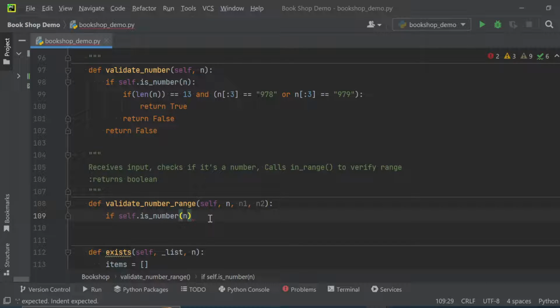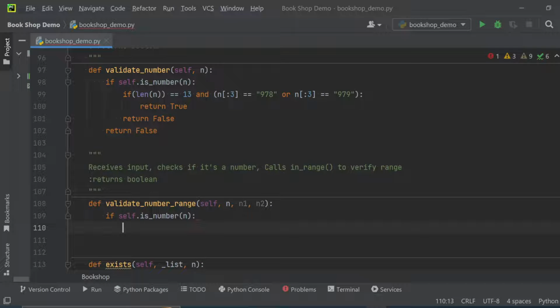If it's not at a class level, this function won't be able to access it. If you want a function that is accessible by other functions, you put it at the class level. If it is a private function that belongs to a particular method and doesn't need to be accessed by other parts of the program, then it doesn't need to be class level. So self.is_number. If it is a number,